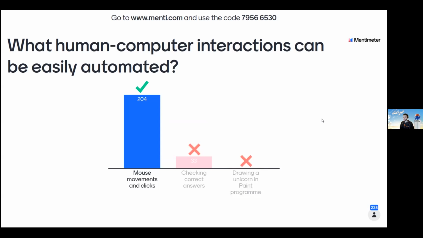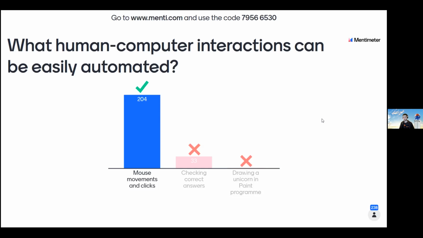And we can actually not check correct answers unless we tell the robot which are the correct answers. So that's a little bit tricky response because the robot has no actual intelligence besides what we tell them to do. So if we just have questions like the one that we just shared, and we have here Menti, the robot will not know which is the correct answer unless we already told them that the answer for this question is the first one.